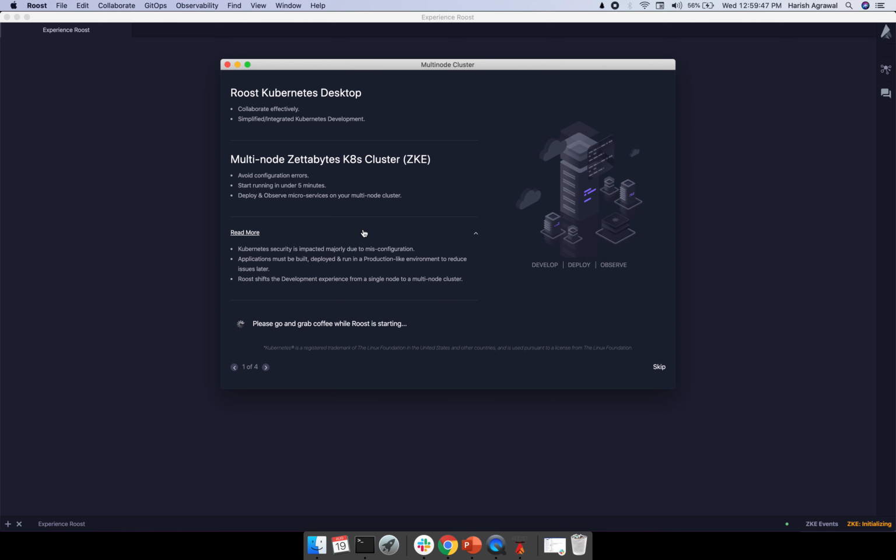So to ease that development experience and to shift left the production experience, Roost application provides you a multi-node cluster by default.